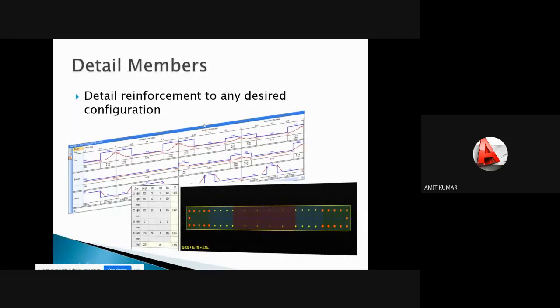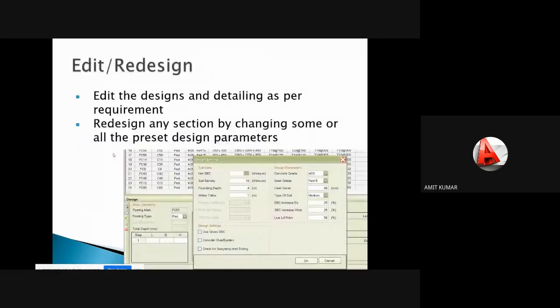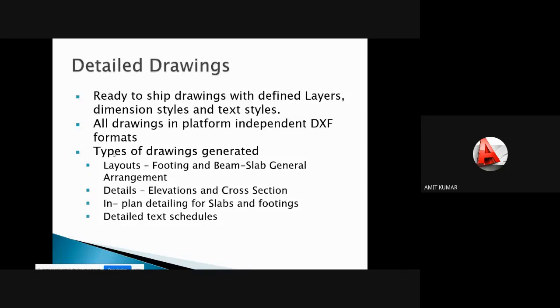But before that, I am going to explain these things also. This software RCDC will give you the detailed drawings also. So here you are seeing the detailed drawings of the beam, basically the drawing of the reinforcement details. Okay, at the top, at the bottom, everything you are seeing here. And if you are not satisfied with all these values, in that condition you can edit and redesign it also. Okay, and then you can print all the details.